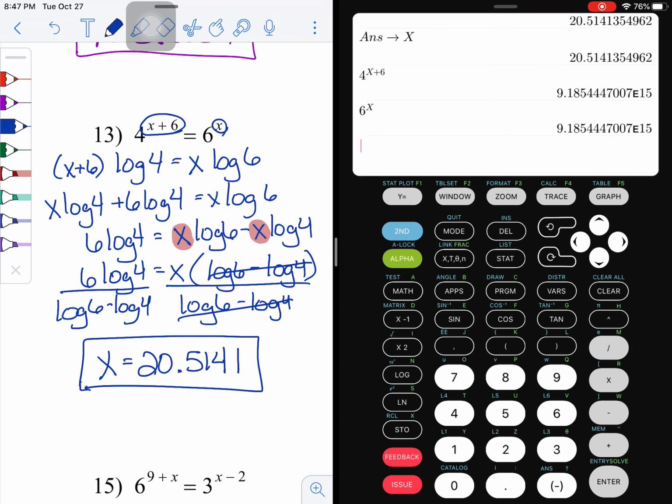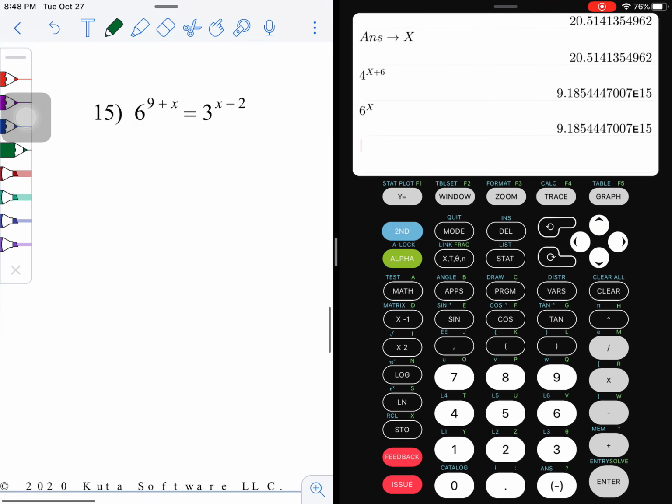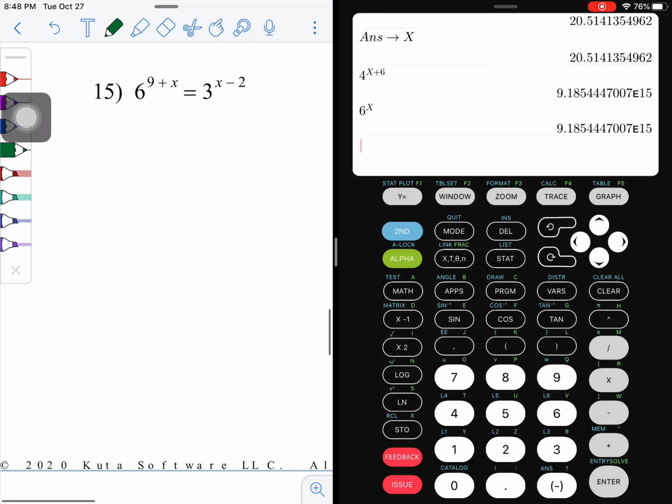20.5141. So it's a little time consuming when you have variables in the exponents on both sides, but if you follow the same process that we've been doing, you're just adding this little extra factoring step where you get all the x's to one side, factor out the x, and then solve for the x. All right, I'm going to go ahead and slide on down to number 15 here,